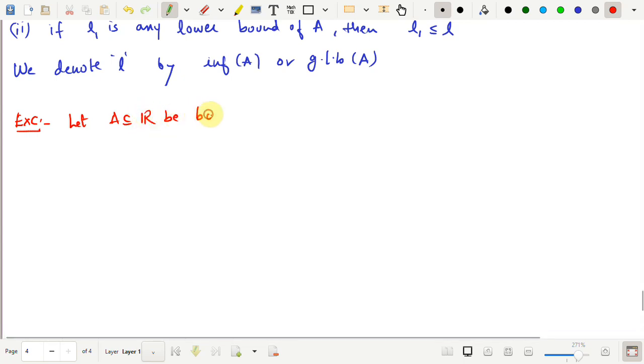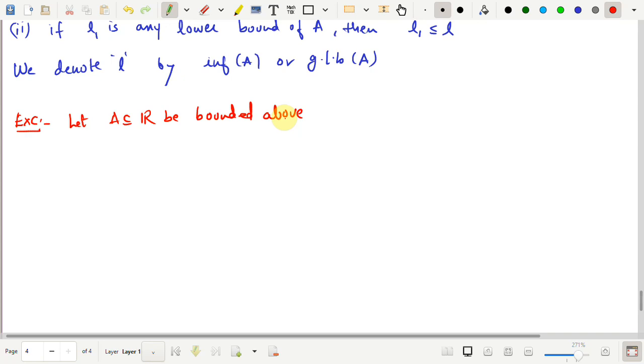We bound it above. So, if it is bounded above, then definitely it is going to have a supremum, the least upper bound, okay, because we know that if it is bounded above, it has one upper bound, and so we can find infinitely many upper bounds. So, we choose the least among them. Okay. So, let A be bounded above, then